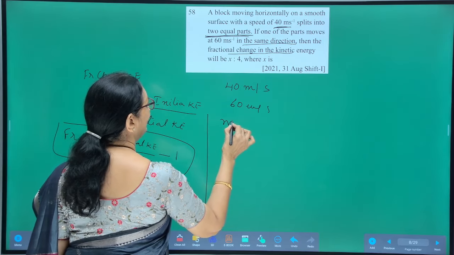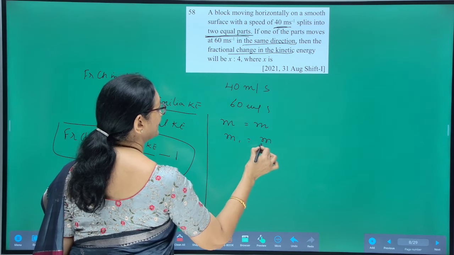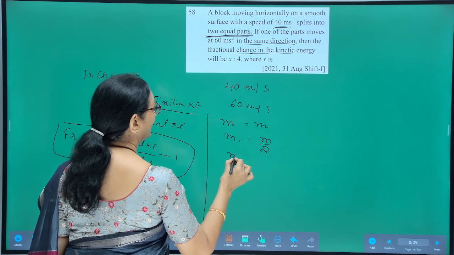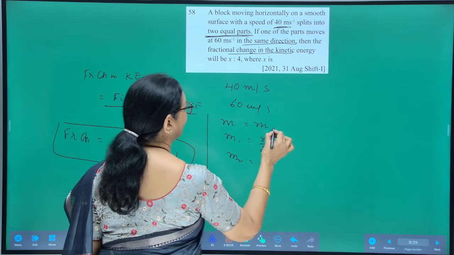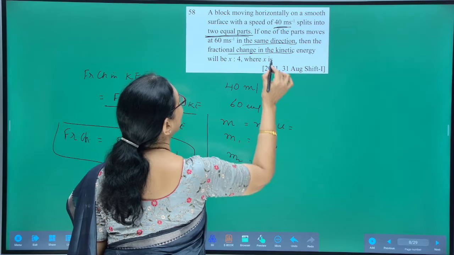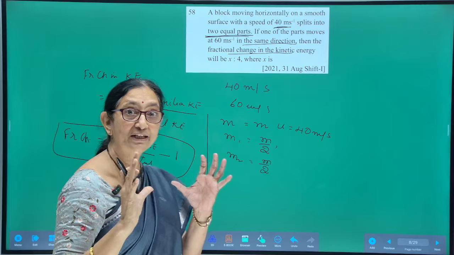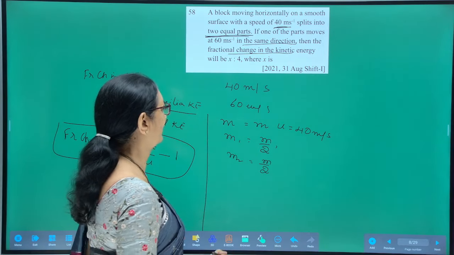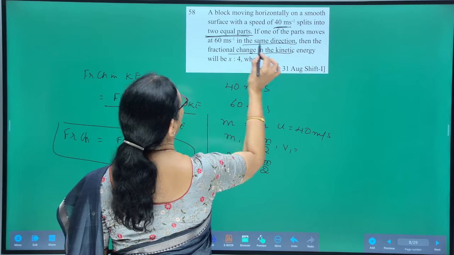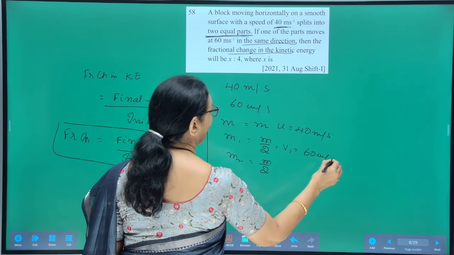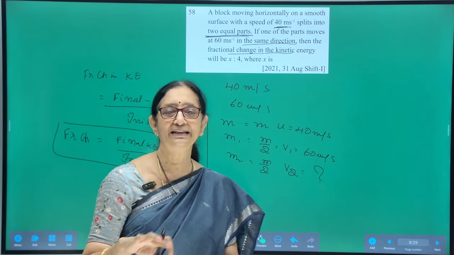Let us take the initial mass as m. It splits into two equal pieces of masses m by 2. The other piece mass is also m by 2. And velocity of the first piece, that is u, is given as 40 meter per second. That is the original velocity of the body. The first piece moves with a velocity 60 meter per second in the same direction. So, we need to find out the velocity of the second piece also,